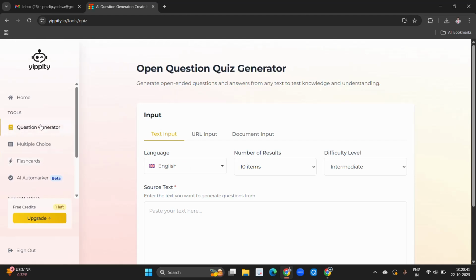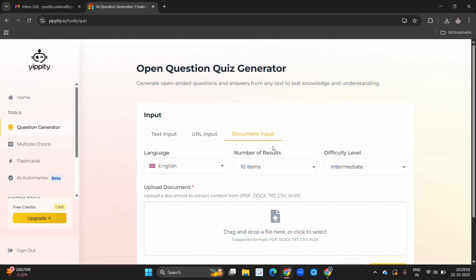So just select question generator. I am testing this software, this AI, so you can easily understand. So here you can see text input, means if you want to generate questions from some text, you have to copy and paste here. And if you want to generate questions from a website, you have to provide the URL here. And if you want to generate questions from any document, you have to upload documents here.